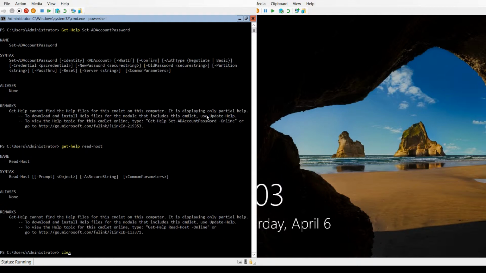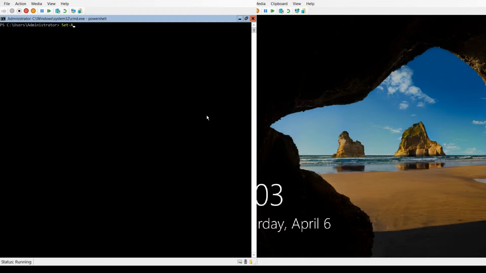So the way this would work, let me clear my screen here. I would have Set-ADAccountPassword, identity foo user, new password, and we're going to do open and close parentheses, Read-Host with the AsSecureString option, which is important for this. You have to have the AsSecureString option, and reset. So when you press enter, the cursor is going to move down to the next line, and now PowerShell has executed Read-Host and is waiting on you to give it input. So I'm going to type in